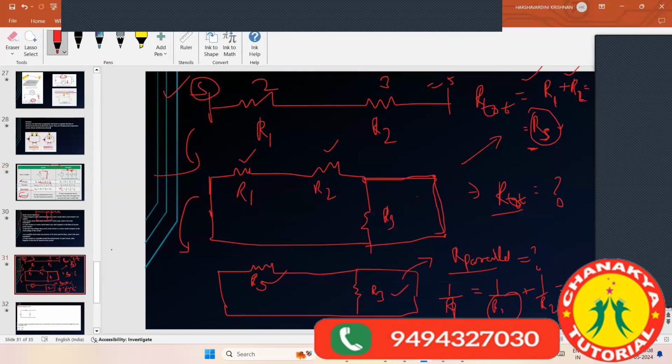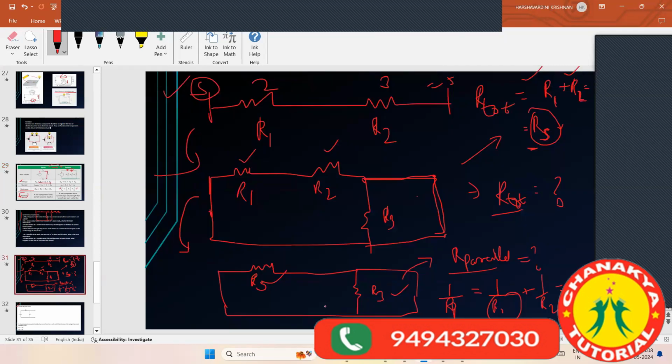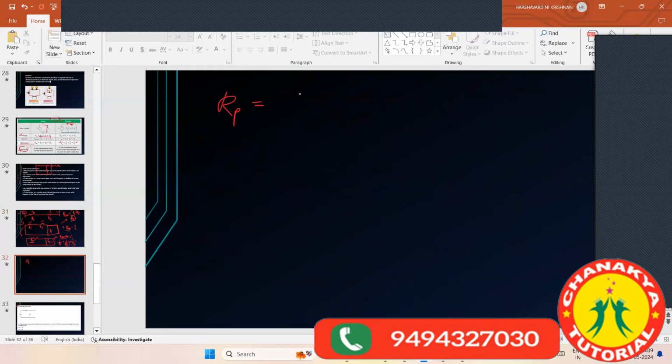After the formula, I am saying the normal formula of R parallel is 1 by R1 plus 1 by R2 plus 1 by R3. However many resistors you have, you can just add 1 by each. Here in the diagram, you see R1, R2, R3, so you add them like this. This is the parallel condition. We have a parallel connection here also. So 1 by R parallel is equal to 1 by RS plus 1 by R3.